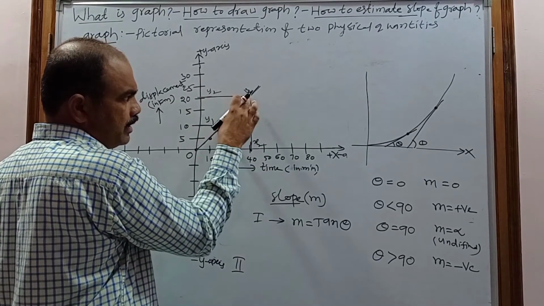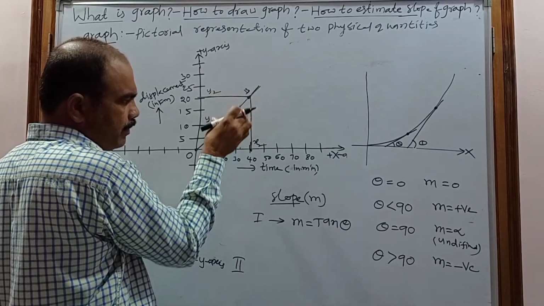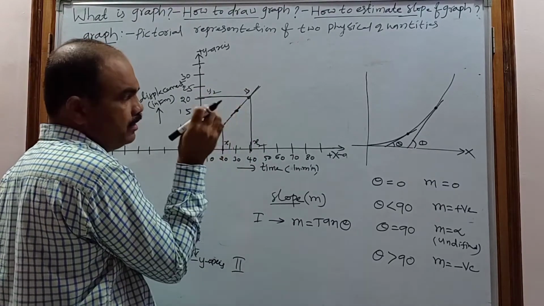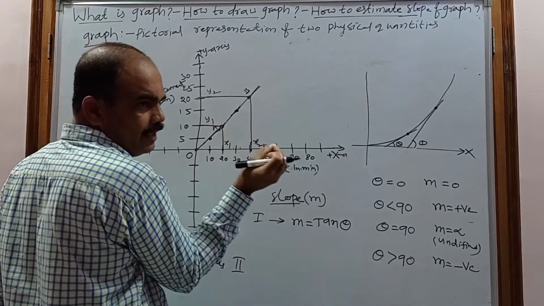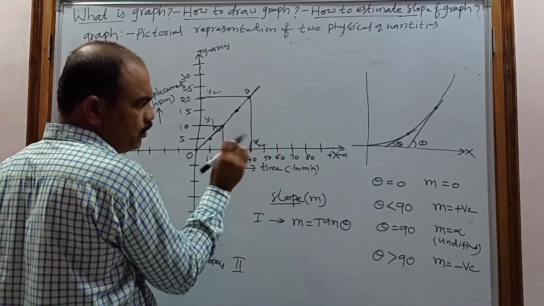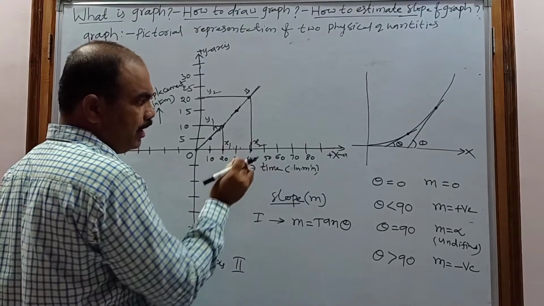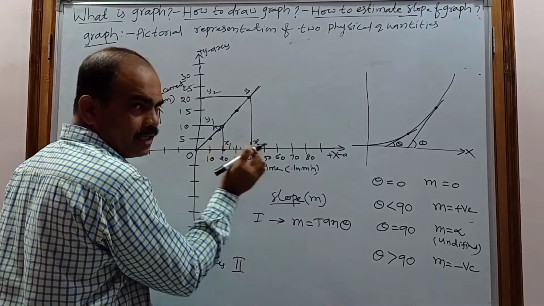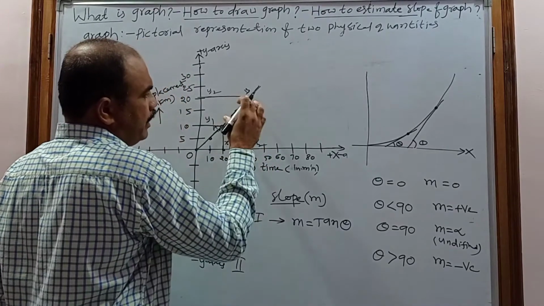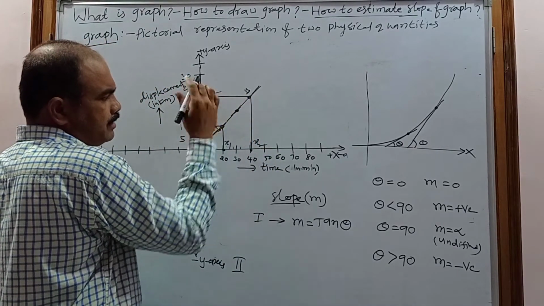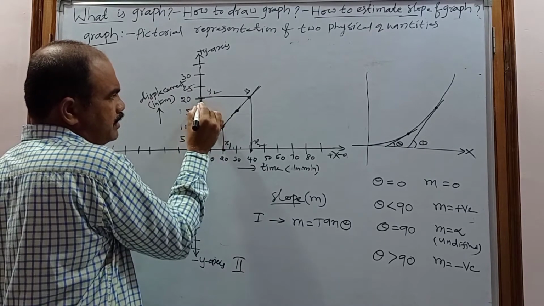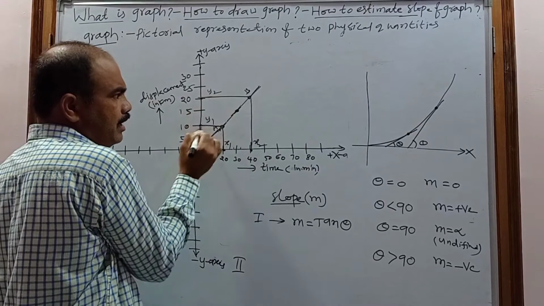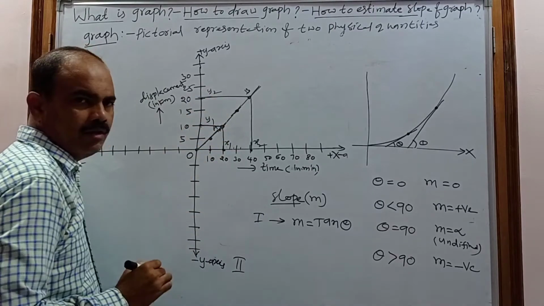First of all, you have to select the 2 points on the line. Then draw the perpendicular to the x-axis and the perpendicular to the y-axis from those points. They will intersect on the x-axis at 2 points. Those can be taken as x1 and x2. When we draw the perpendiculars to the y-axis, they intersect the y-axis somewhere. Those values can be taken as y1 and y2.